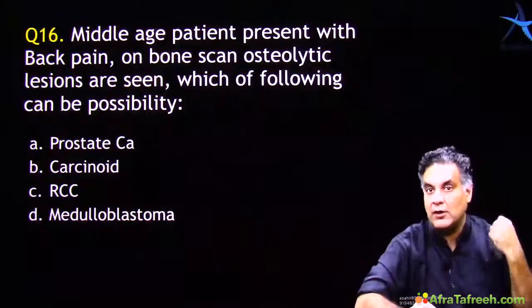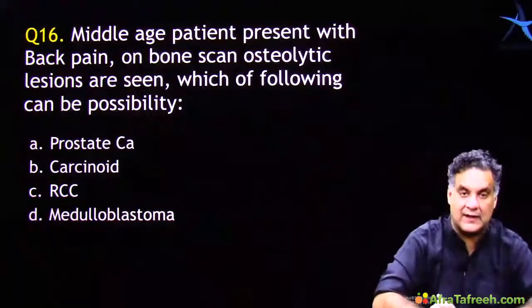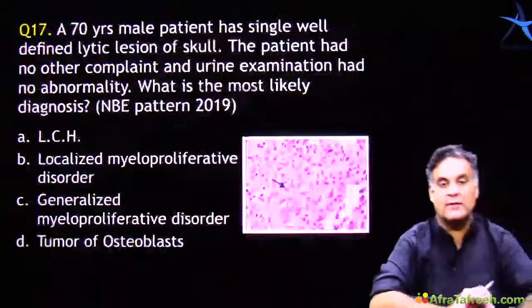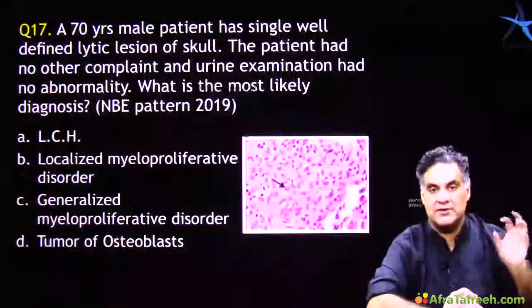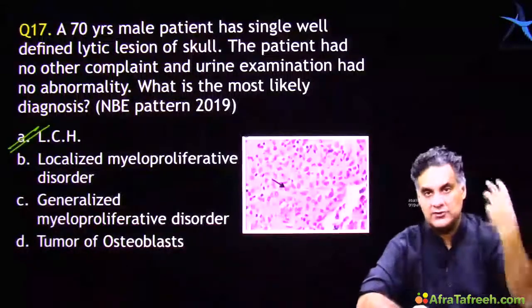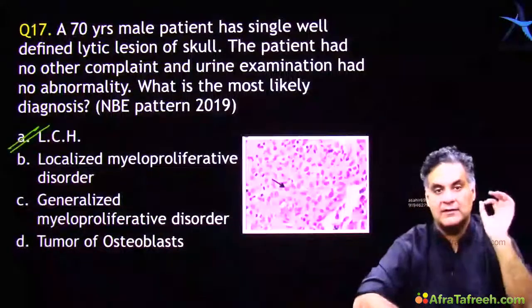So I told you osteoblastic mets are prostate, carcinoid and medulloblastoma. So the answer here will be renal cell carcinoma. And then again, this is a patient of Langerhans cell histiocytosis. They can show you an image, they can show you the theory part, but this is something which is very